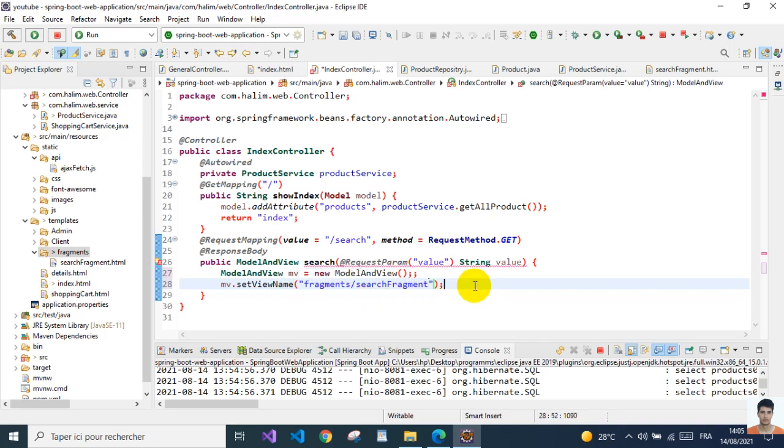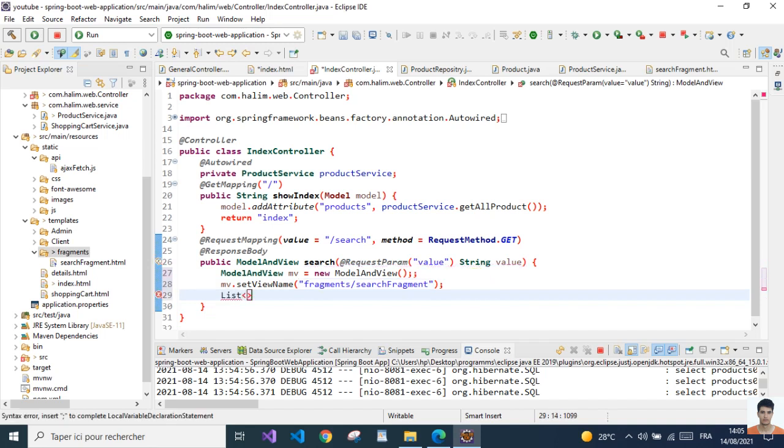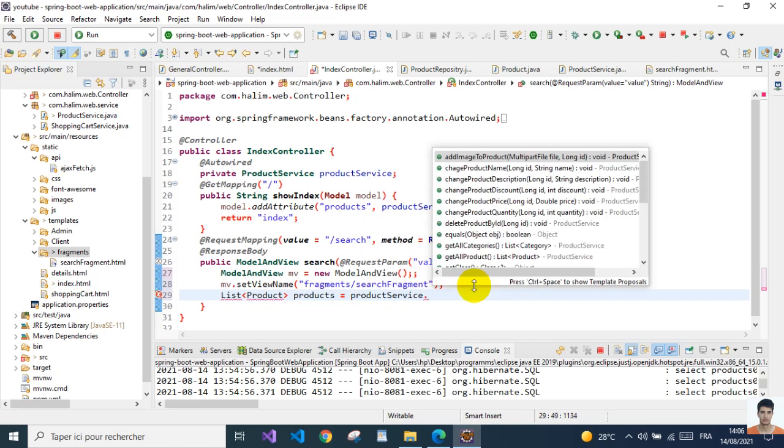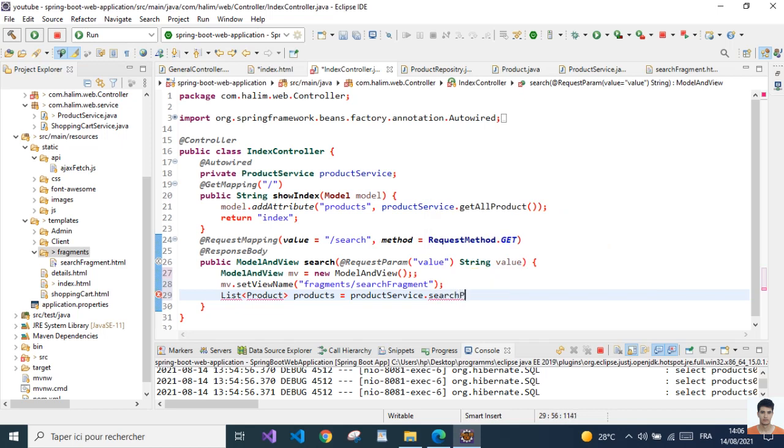And we need to create a list of product, and we name it product, and we assign it to something, products service, and search product by name, like, for example, whatever, and we pass here the value,